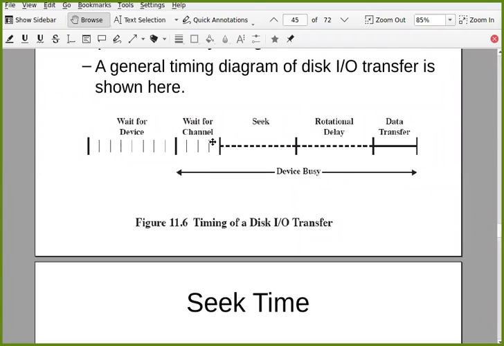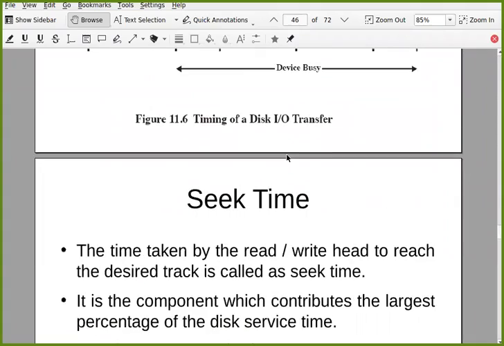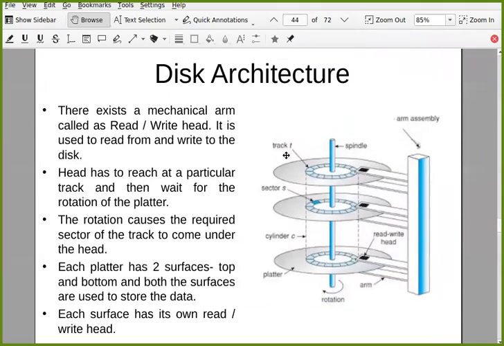Once the channel is occupied for the hard disk by your process, now there is a seek time involved. Now what is seek time? Let me show it here. Seek time means this read write head which moves in this direction. Let's say you want to read some data from the hard disk. The data that you want to read is on a particular track.